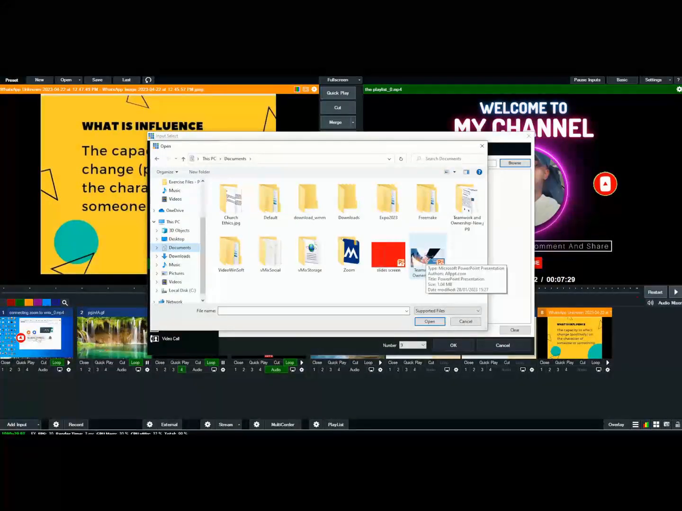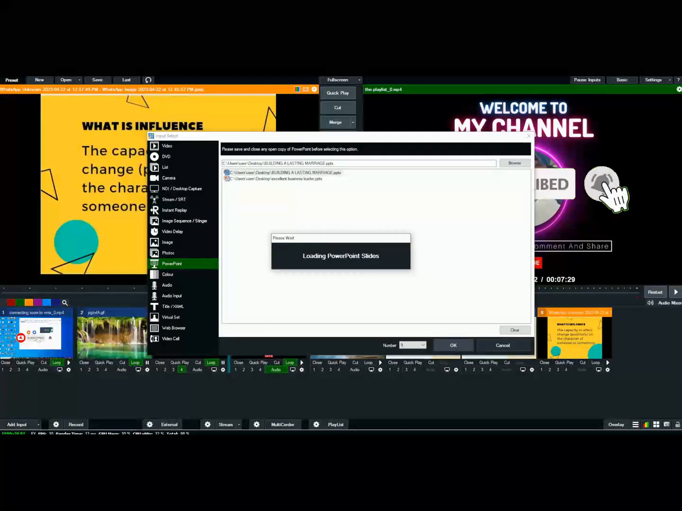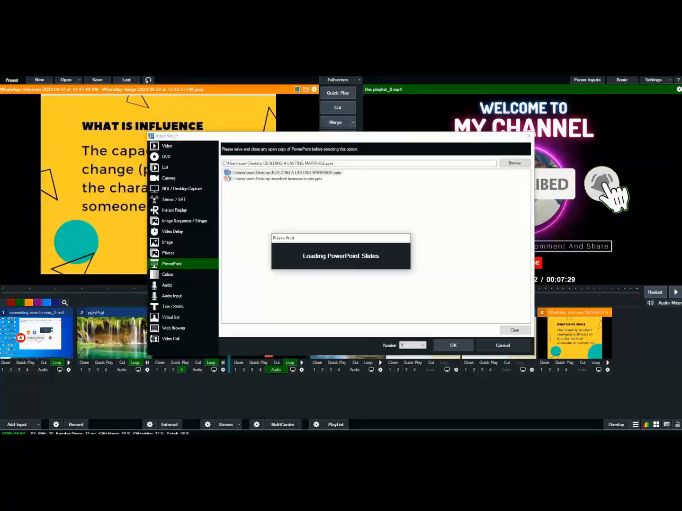So it depends on the effects you've applied. You know, there are some PowerPoints where you might have applied transitions, animation, all of that. So if it's too heavy, it always takes longer to open. So I advise you that if you are using vMix to load up your PowerPoint,